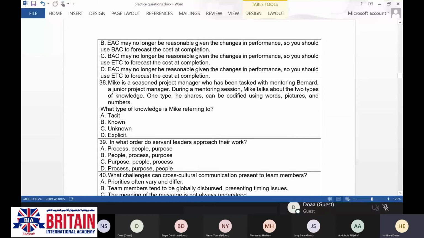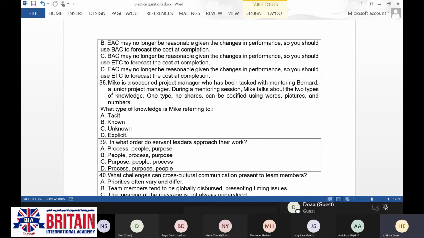In what order do servant leaders approach their work? Actually, when it comes to servant leaders, we are getting out from the predictive life cycle, which is waterfall, and we are moving toward the agile life cycle.